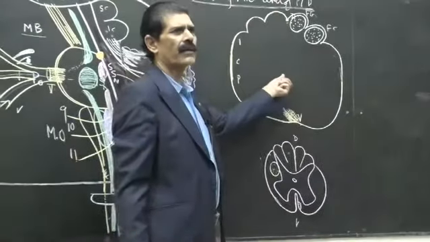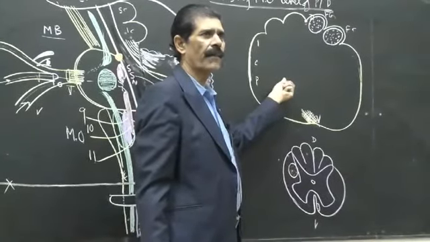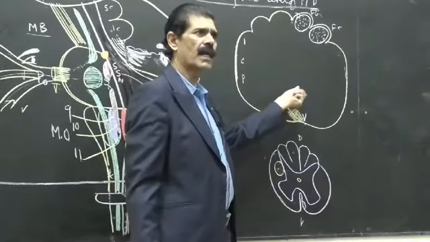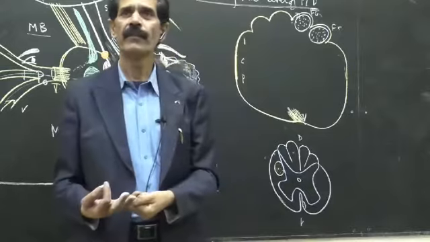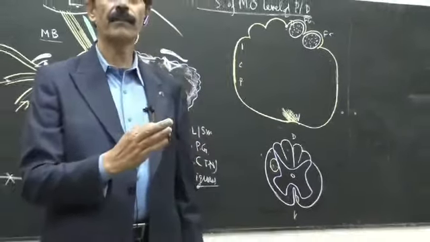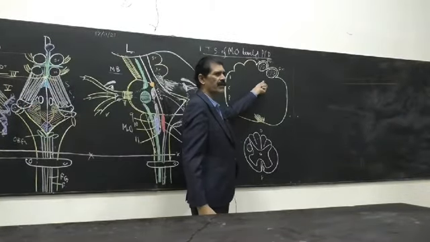The spinal cord as well as the medulla and brain are bilaterally symmetrical. So whenever there is less time you can draw only half of it. You will get full marks because it is bilaterally symmetrical. Why waste the time? You can save your time by drawing half of the diagram. So this is the inside story of fasciculus gracilis and cuneatus.